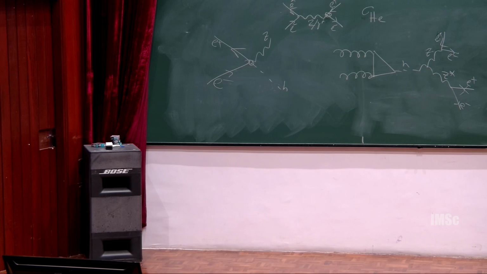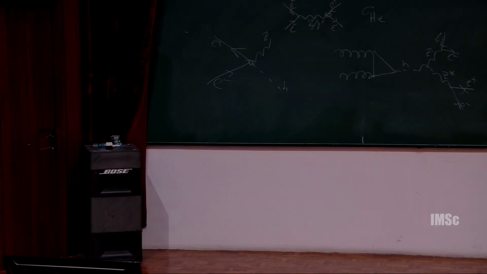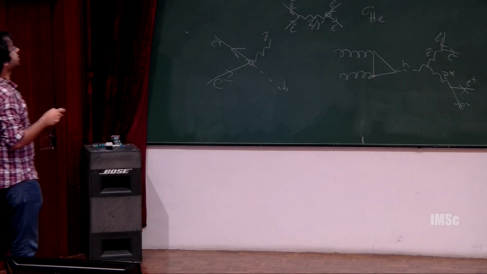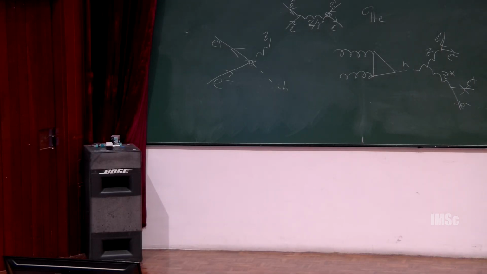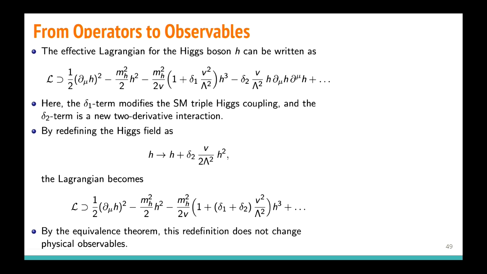Okay. So now the effective Lagrangian for the Higgs boson, for instance. So this is the effective Lagrangian. I am still not talking about the operator. Here I have written it in terms of the kinetic term, the mass term, the trilinear term. This one factor basically is the standard model term, and this is being introduced because of some effective operator. And then we have a different kind of trilinear term which comes with two derivatives. The delta 1 term modifies the standard model like triple Higgs coupling, and the delta 2 term is a